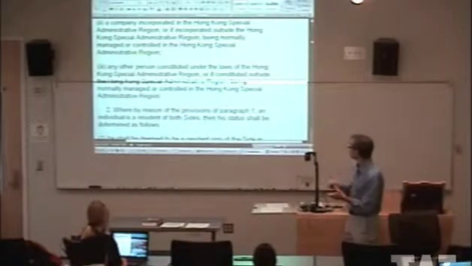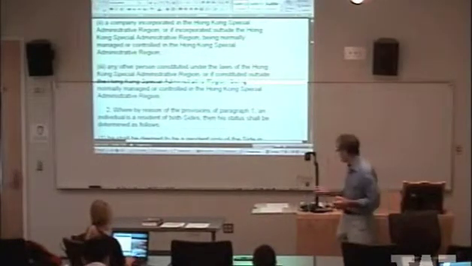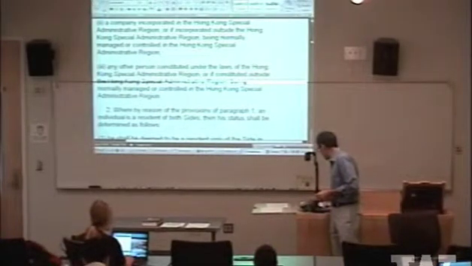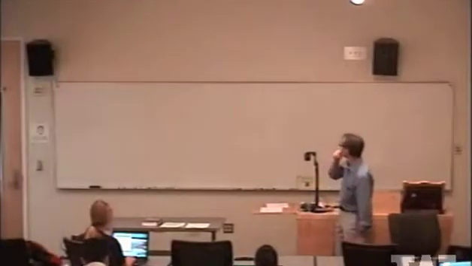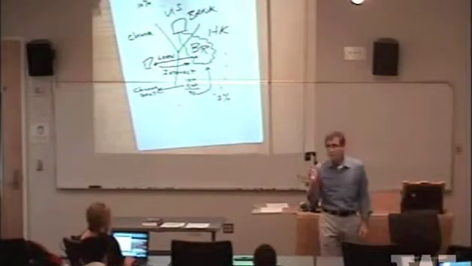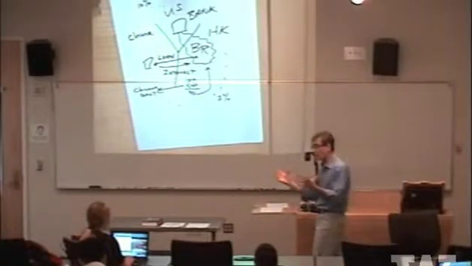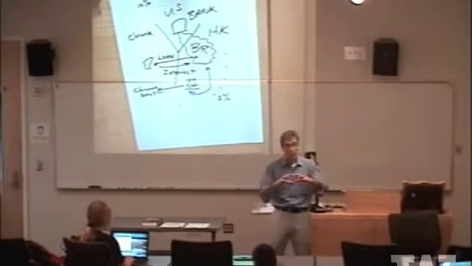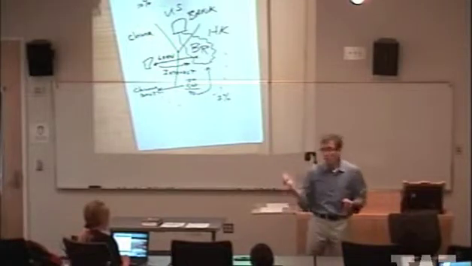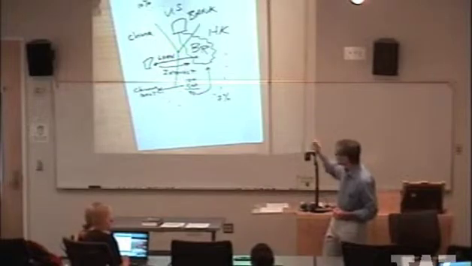So, when we look at that, we now of course have to go back to our example, and does the existence of a branch with authoritative people, remember I said authoritative people are there running the branch, does the existence of that branch cause this U.S. bank to be resident in Hong Kong?